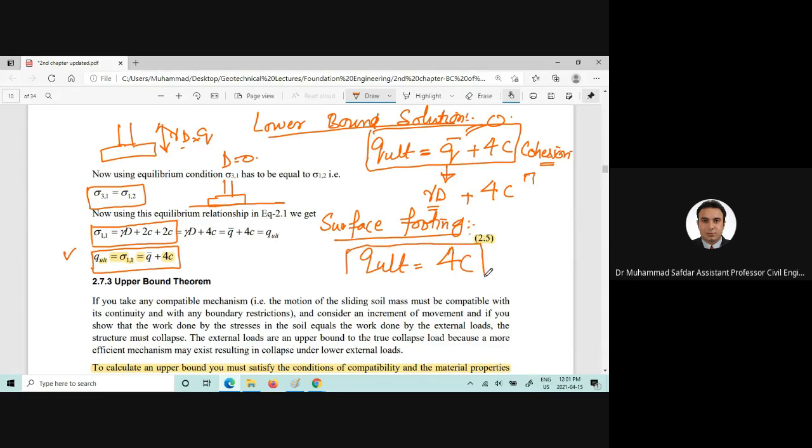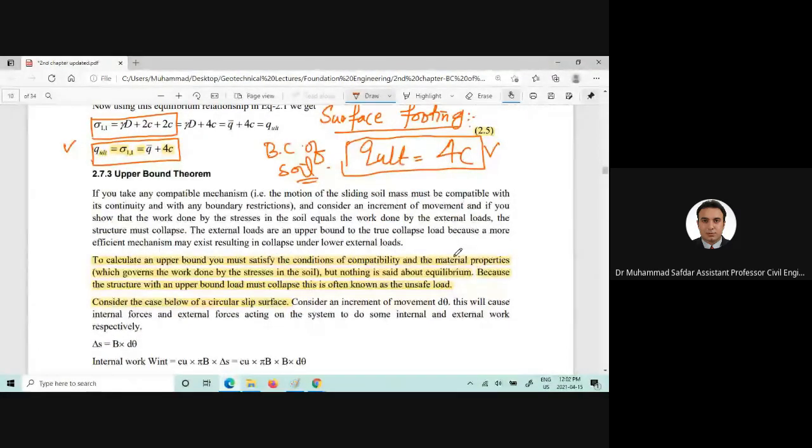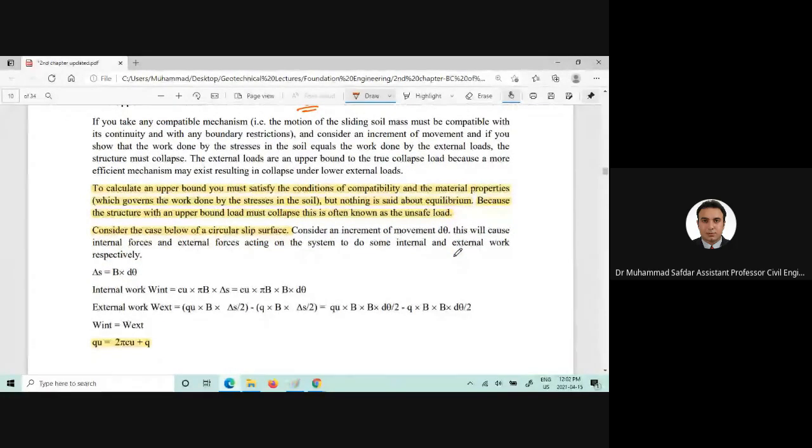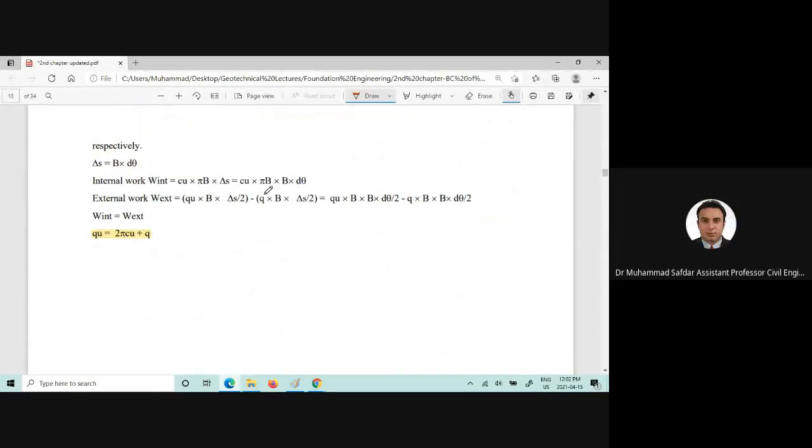So a very rough estimate about the bearing capacity of the soil can be made if we use this equation, that if we only know the cohesion of the soil, this will give us an estimate about the bearing capacity of the soil. So it's just a start. We are going to end on the Terzaghi's bearing capacity equation. Now for the upper bound theorem,